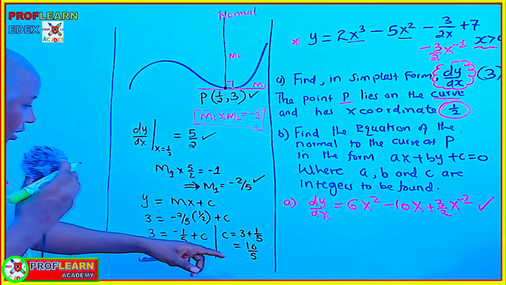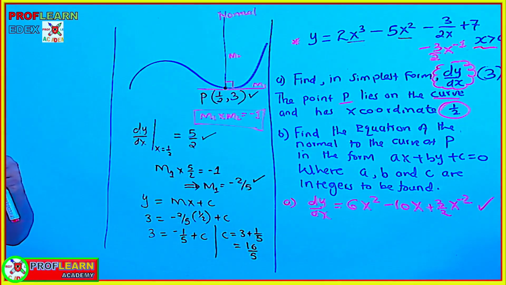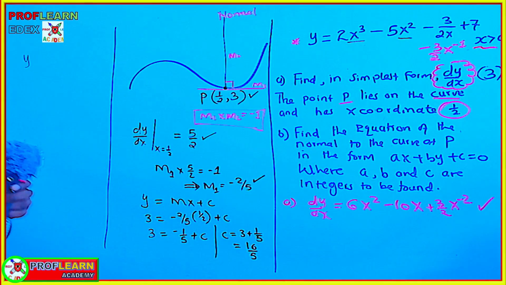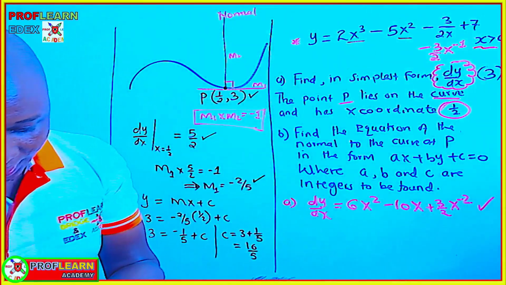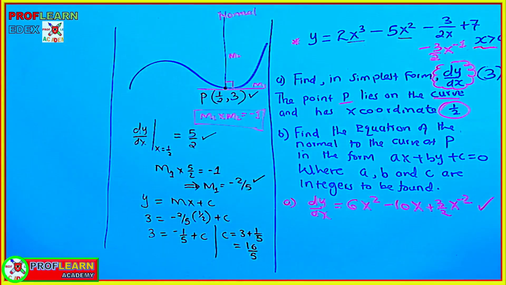Now, this 16 over 5 is going to enable us to write the equation of the straight line, the equation of the normal. We can write the equation of the normal as y equals mx plus c. Our m is negative 2/5, and our c is